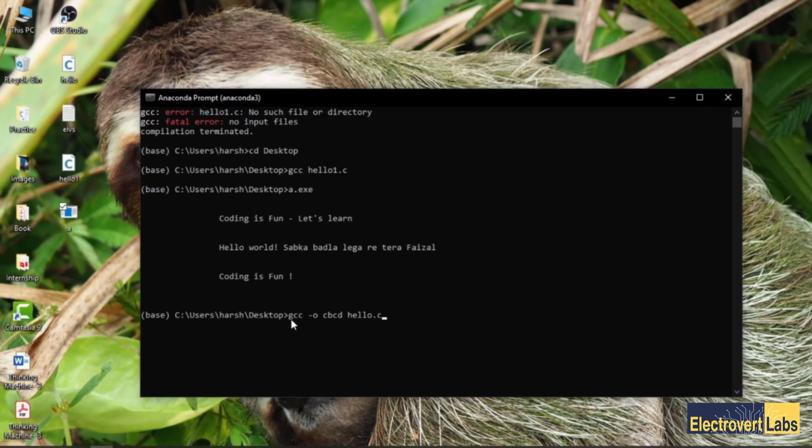I am telling my compiler to make an executable file with this name by compiling this particular piece of code, and I will press enter. You will see that the cbcd file will appear here.